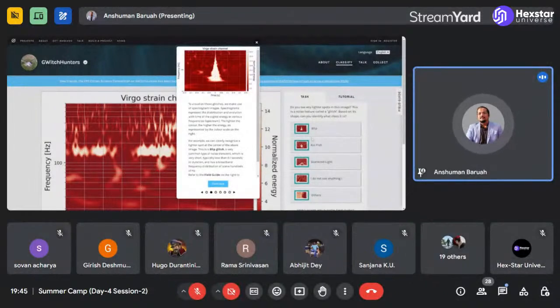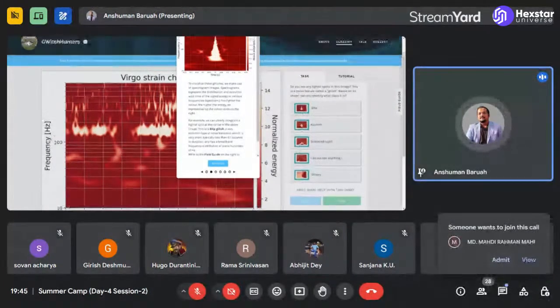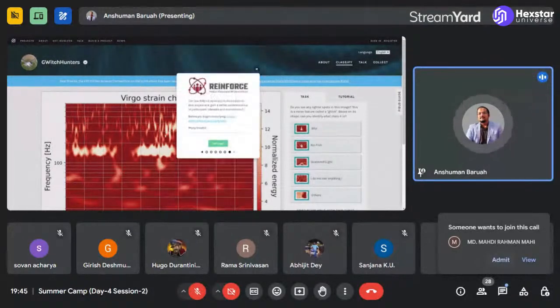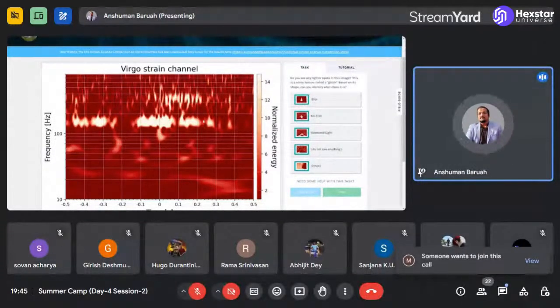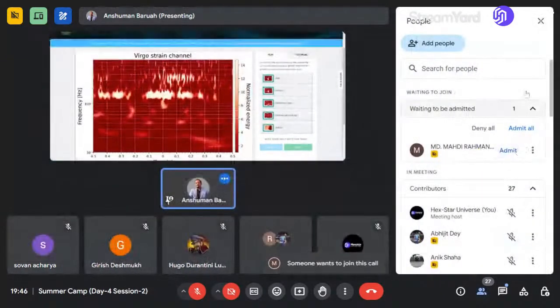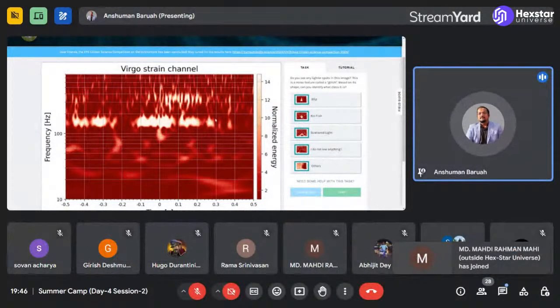There is a field guide on the right, as you can already see. It tells you the different kinds or shapes of noise that you can see. And what you can do here is first try to identify the basic types of noise. So let's start identifying, right? Let us try to guess. So this is a spectrogram. There is frequency on this axis and time on the x-axis. And the color graph shows you the normalized energy. The lighter regions actually correspond to noise or real signals.